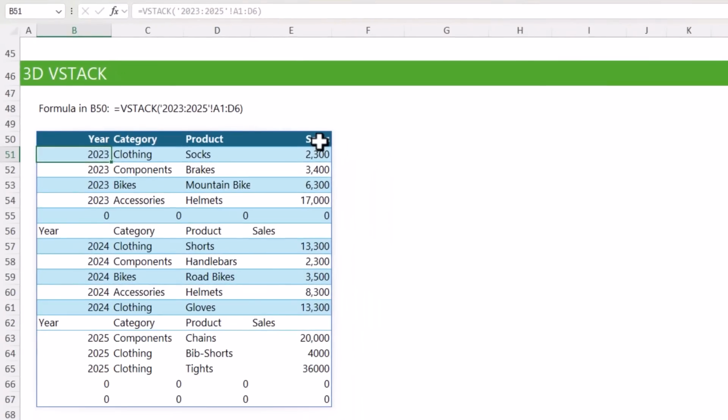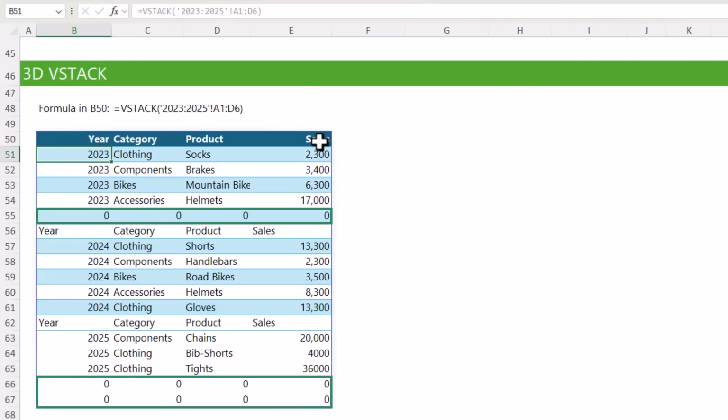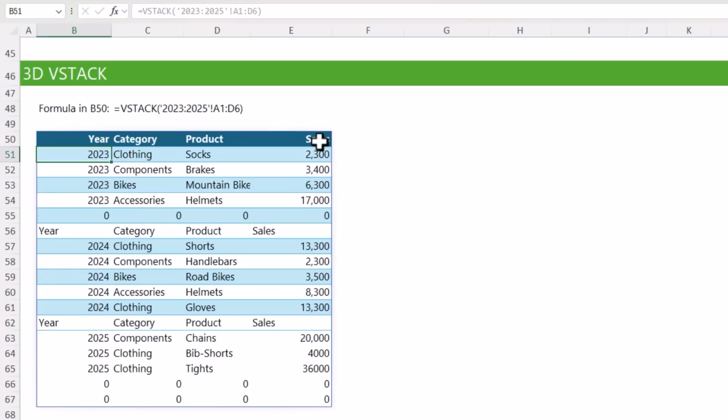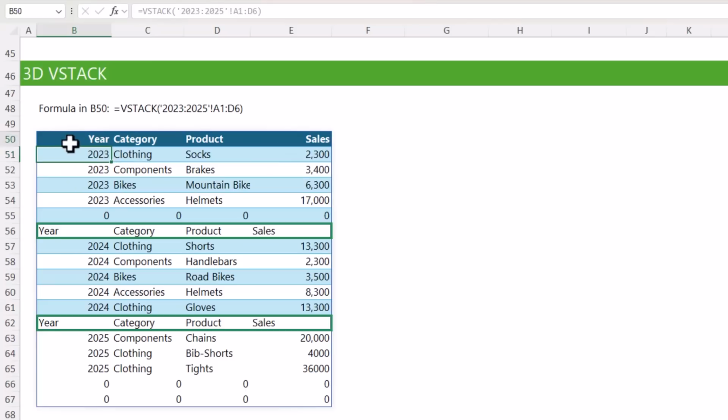Now, because I've allowed for the table containing the largest number of rows in my range, it results in zeros being returned for the tables that don't contain data on rows 5 and 6. And notice I also have the column headers repeated for each table. One option we have to resolve